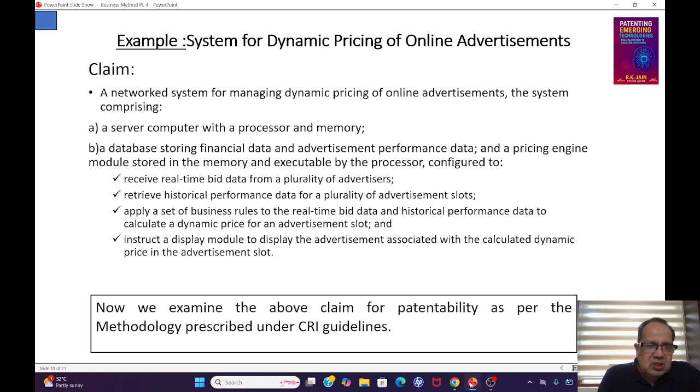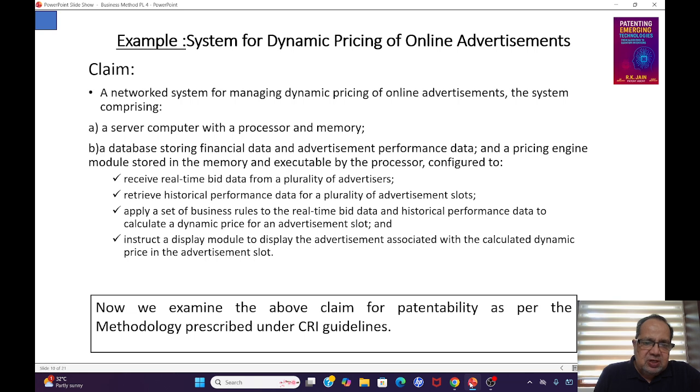Firstly, this system would require a computing mechanism, which could be a server computer with processor and memory, and a database by which the financial data and the advertisement performance data could be stored. Then a pricing engine module, which primarily means that the pricing correlation with the online advertisements could be framed by the business method and the rules governing that business method. This has to be stored in the memory and executable by the processor, configured to, firstly,